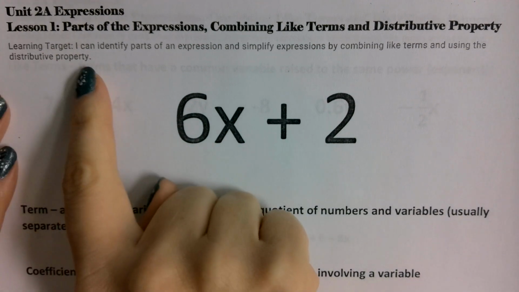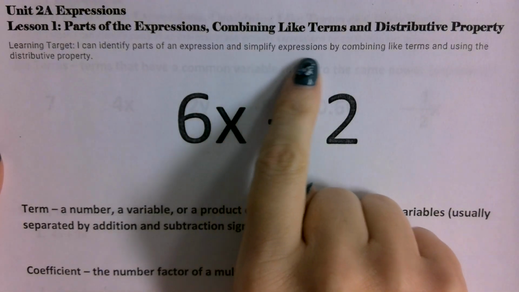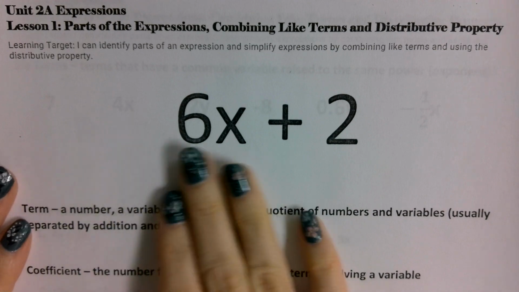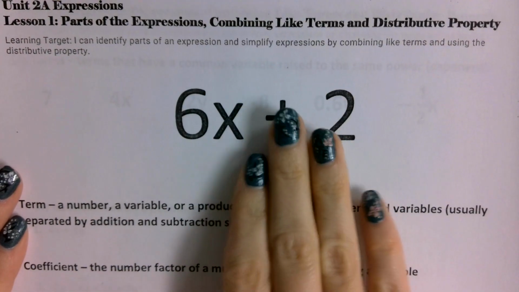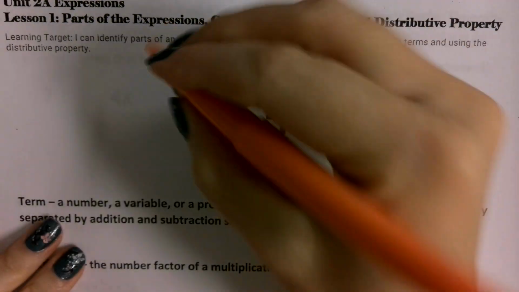All right, so for today, what we're going to be doing is identifying parts of the expression. We're going to simplify expressions by combining like terms and using the distributive property as well. So this is the idea of an algebraic expression. What we have considered here, this portion